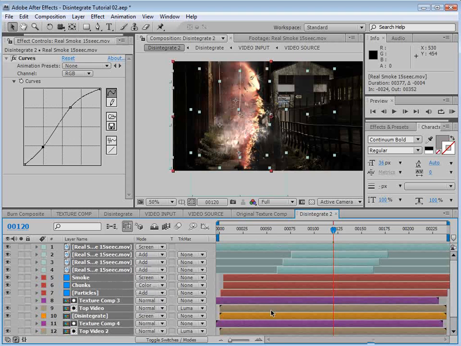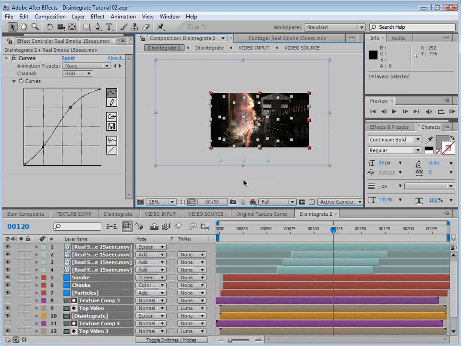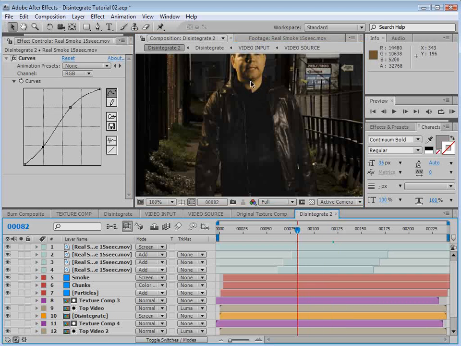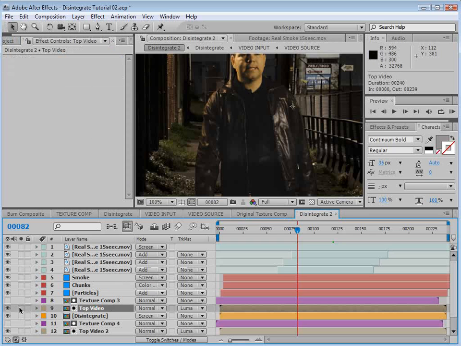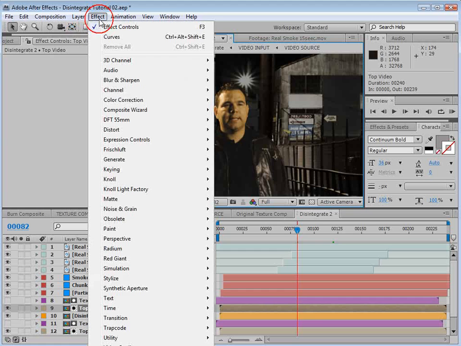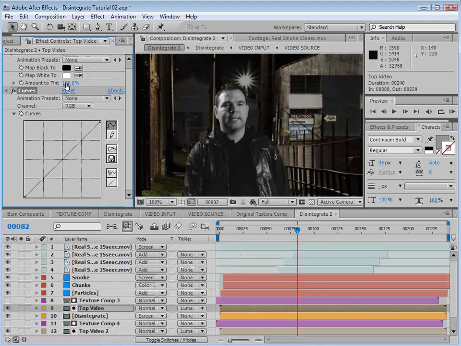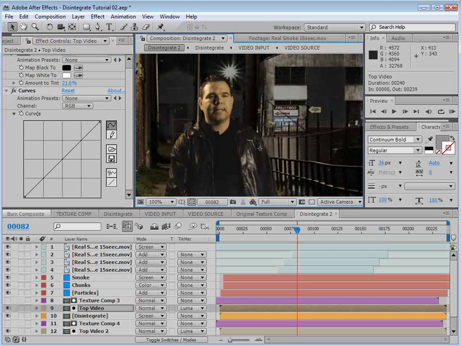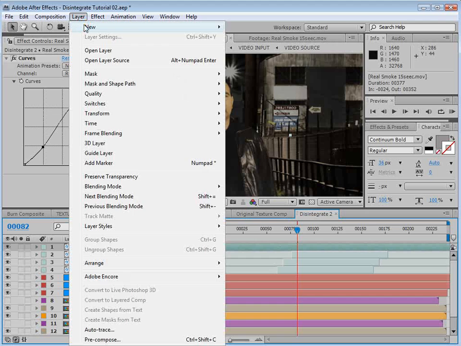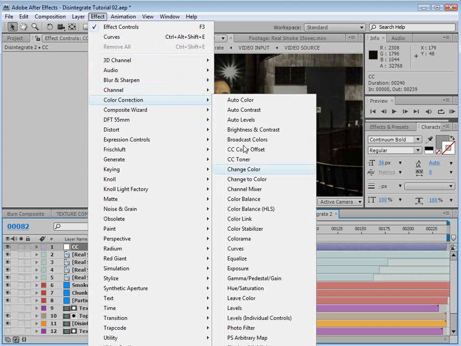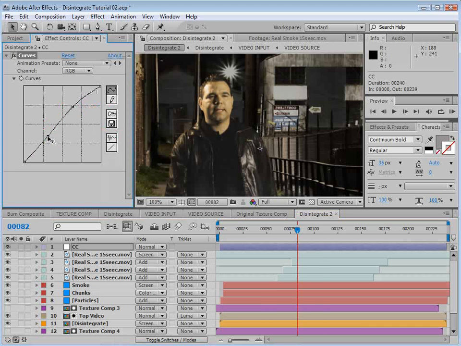Okay, looking pretty good. Let's go ahead and do some quick color correction and just match some of the tones here a little bit better. So Sam is a little bit orange, so we'll take that top video. I'll choose Effect, Color Correction, Tint, and a Curves Adjustment, just real quick. Turn that down, and that actually works pretty good. So we'll add just an overall layer of color correction, and we'll just add some curves, a little contrast, and maybe